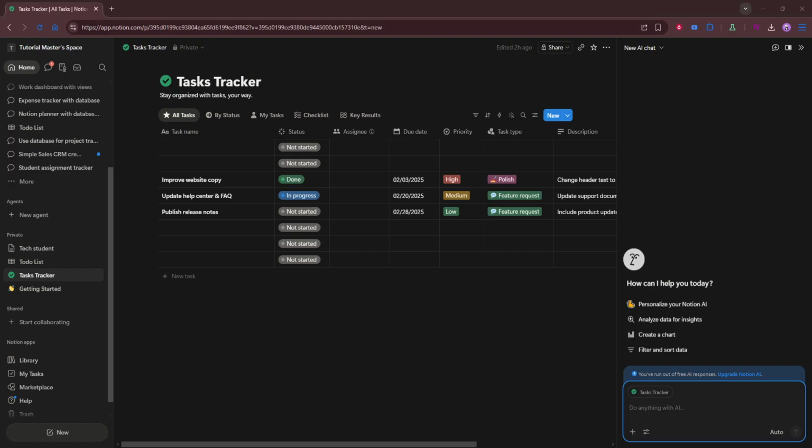Another practical use is extracting action items. If your notes include decisions, tasks, or follow-up items, ask the AI to pull out the next steps. This can help you turn messy information into a clear to-do list, which is especially useful after meetings or brainstorming